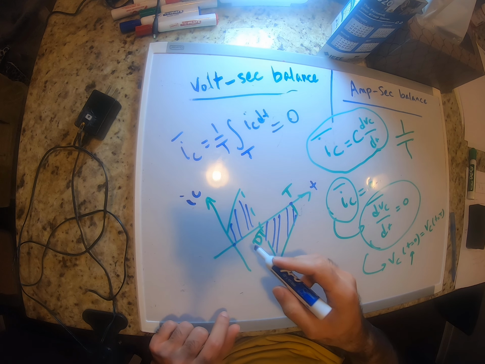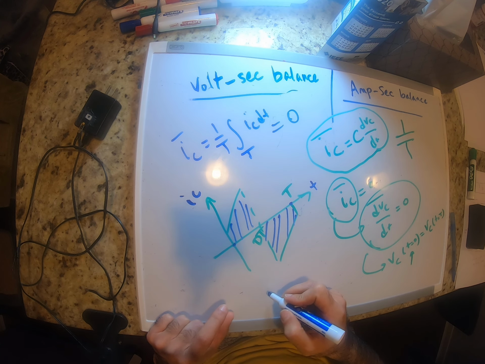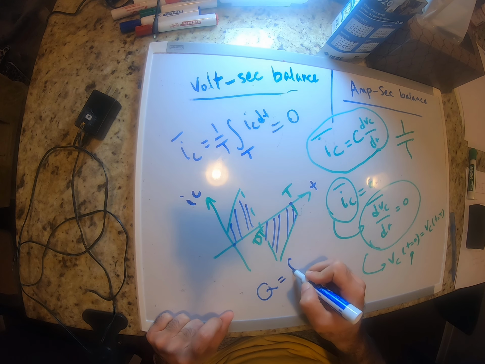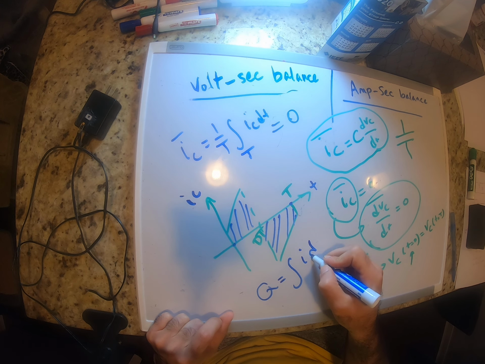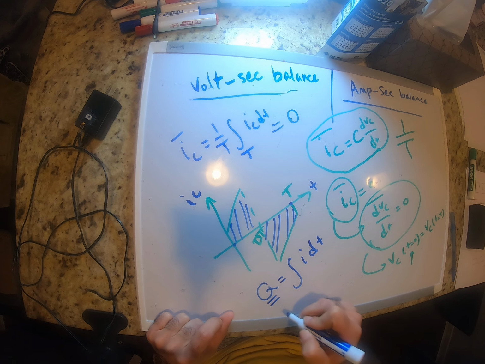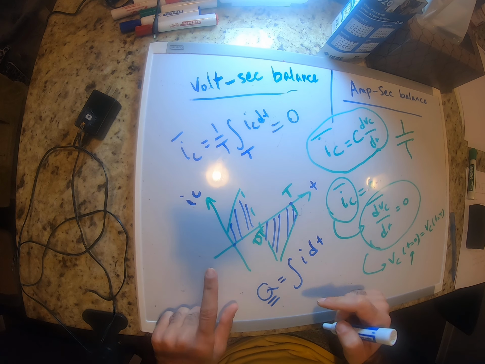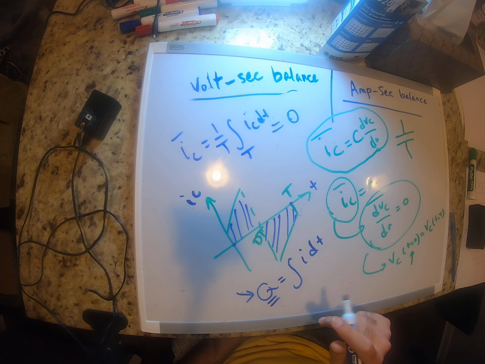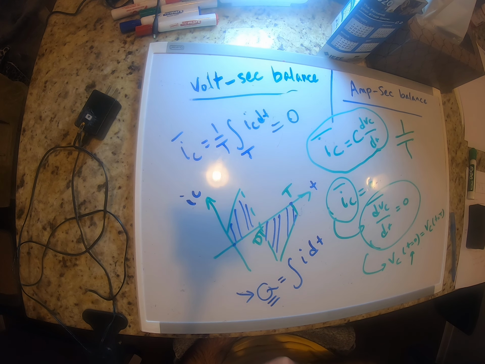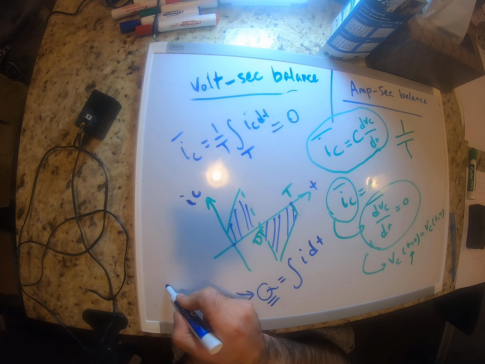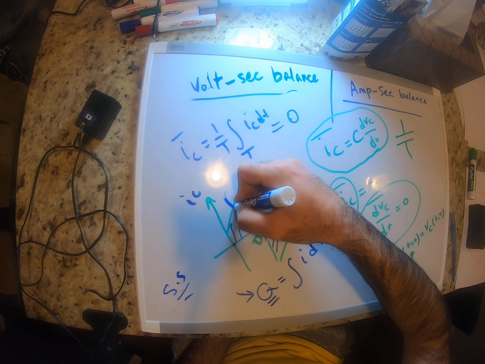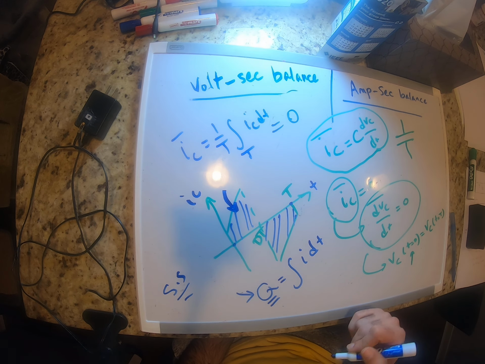And again, you remember from your physics course, the integral of I over time is the charge that gets accumulated on the plates of a capacitor. So it means that the net charge over one period for a capacitor in the steady state mode has to be equal to 0. So if we accumulate some charge across the capacitor plates,